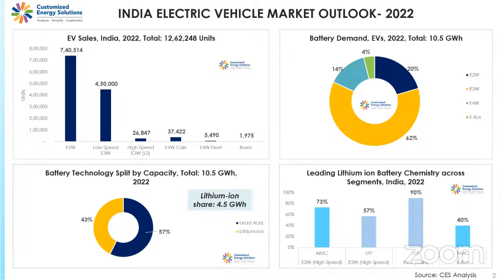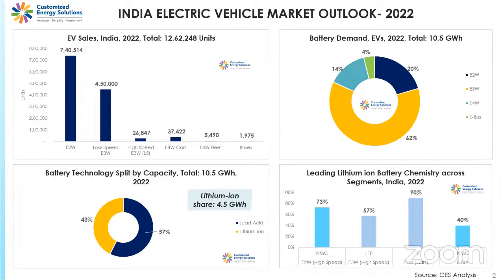But what we are seeing in 2023 is a major dip in two-wheeler sales from the month of June to August. Okay, fine. We'll discuss this in later slides, but now let's move on to the battery demand of